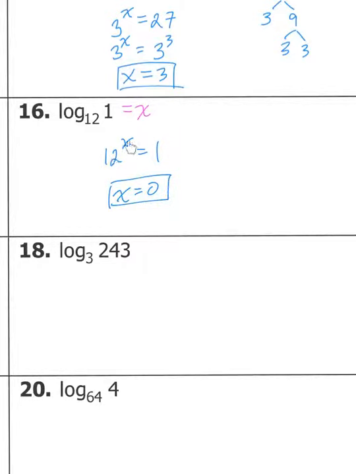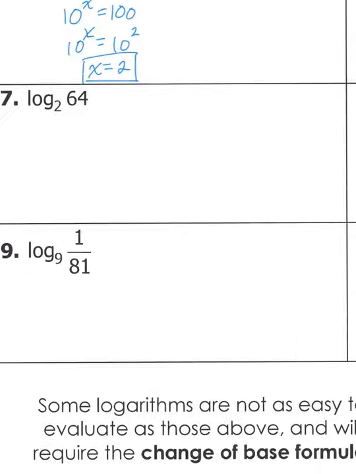So if I take 12 and raise it to the 0 power, I will get 1. That's the only way to get 1, so that's kind of a logic reasoning one. All right, so let's look at